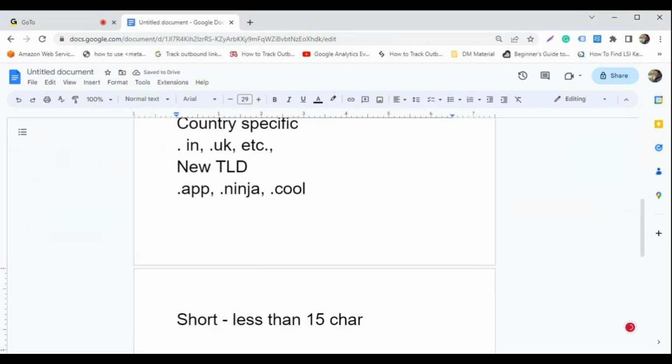Because for example, if the domain is big, we can't remember. Let's say Amazon, I can remember that. If I see two times, I can remember that. Flipkart, I can remember that. Walmart, I can remember that name. Apple, I can remember that name. But let's say you want to buy a domain like Amazon in India, or